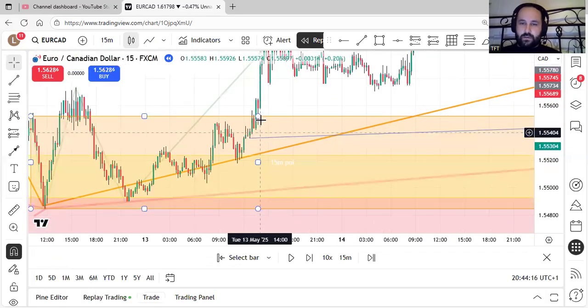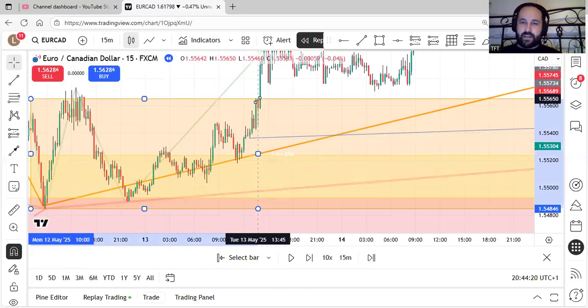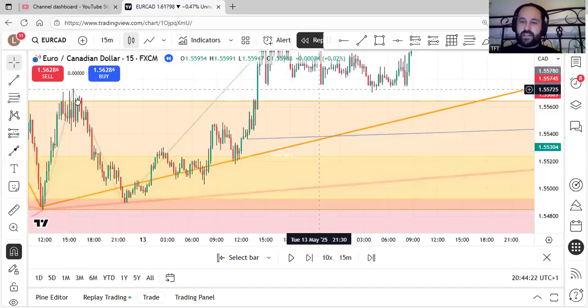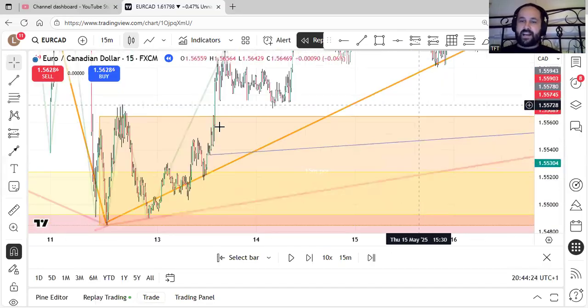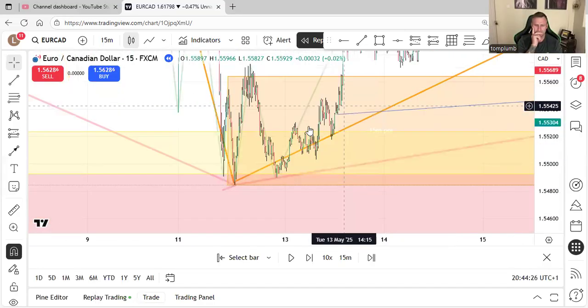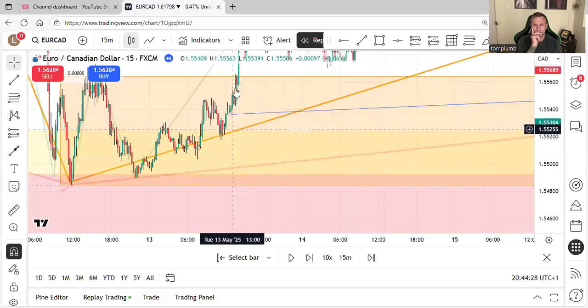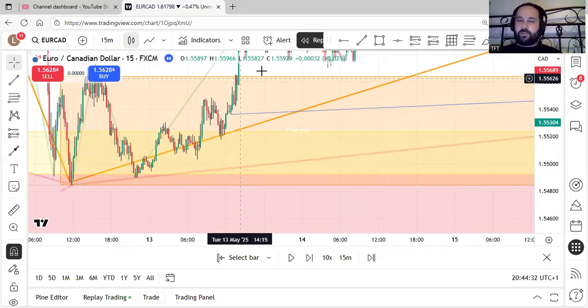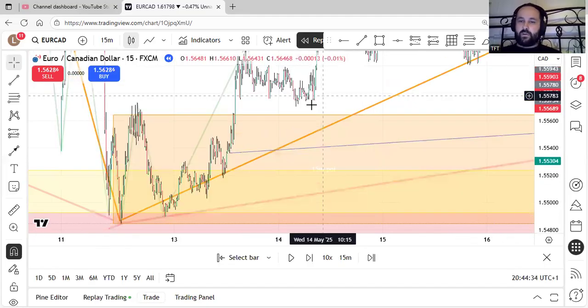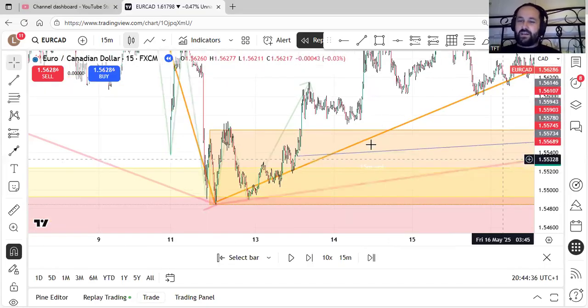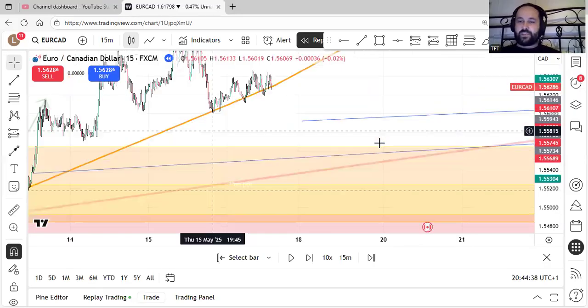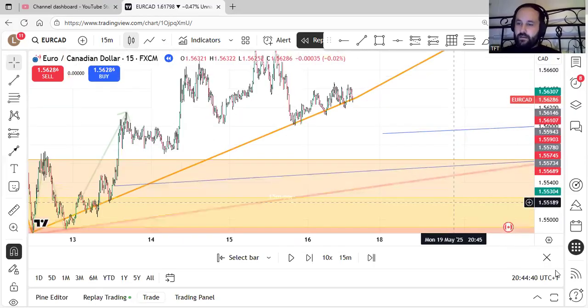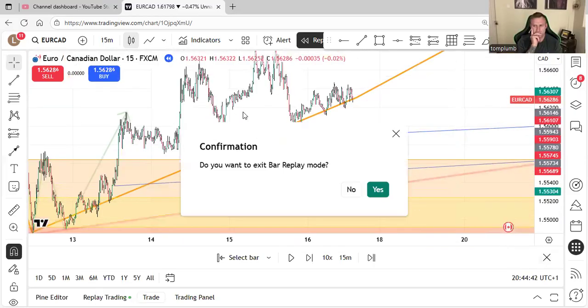So I've got this big push up here, so I might have gone down the time frames and got it a bit tighter. But you get the idea. There's a big imbalance here. But you could go down to the lower time frames and pick out the actual seconds imbalances. But all I'm after really is I want it to tap into this zone and show signs of a 1 minute break to the upside. Right, so let's go and show that.